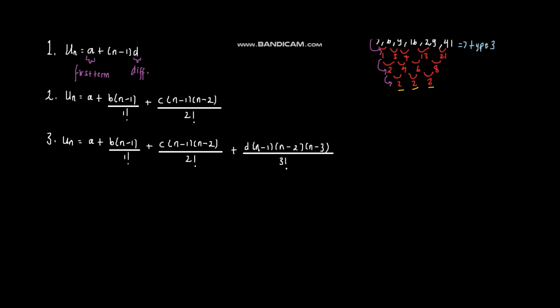Now I'm going to show you an example of a type 3 AP. Okay, so the example would be, I'm just going to write it over here. Let's write here, example. It's going to be 2, comma,